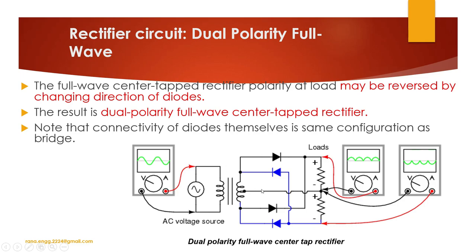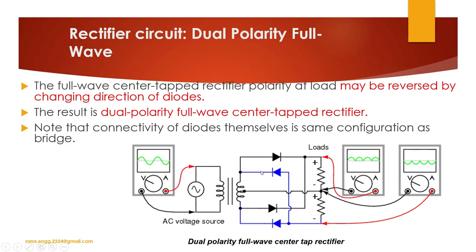This is the basic structure. At the input we can see the AC input voltage. That is our source, and that is connected to the primary of the transformer. Here we can see an alternate connection method where center tap is used. Earlier in center tap method we had connected 2 diodes. Here we are having 2 diodes. Here you can check the output. The output will have dual polarity.